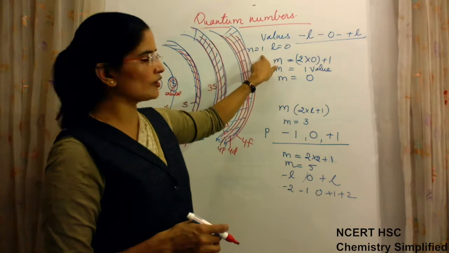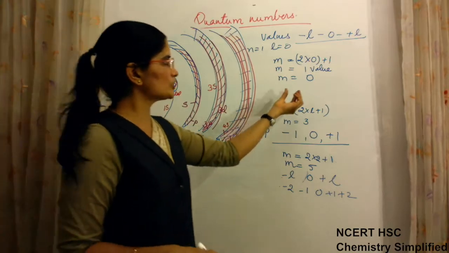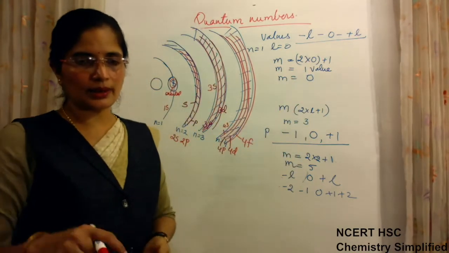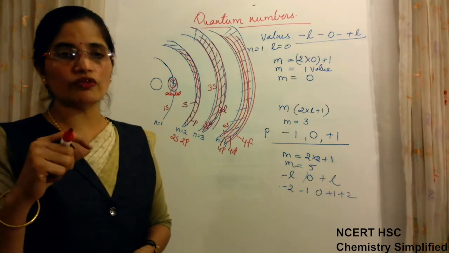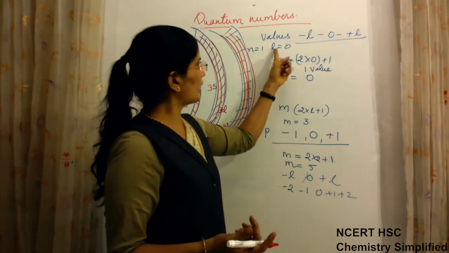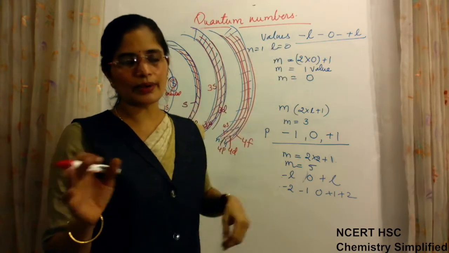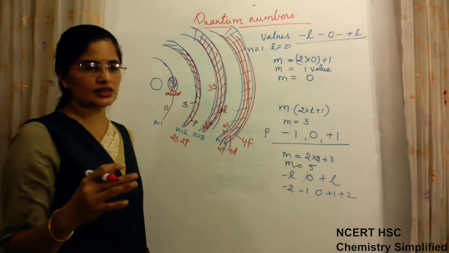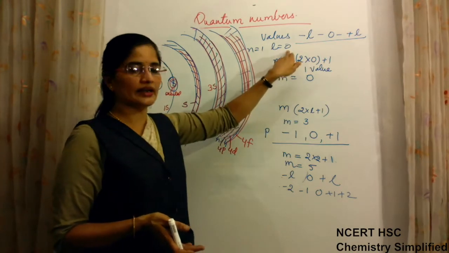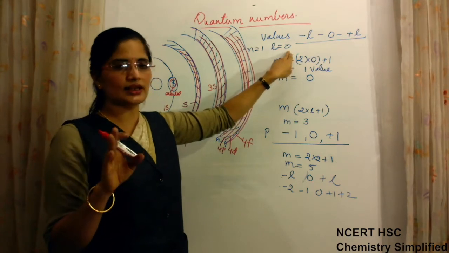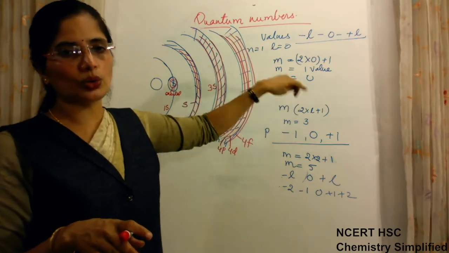That means the first shell has one subshell and one orbital, and that one orbital is designated as 0. This is actually not a number, don't be confused with a number. We are writing 0, and 0 has no value, but here that 0 corresponds to one direction. Here l equal to 0 corresponds to one alphabet, that alphabet is s. So don't compare it with a number, otherwise you will have confusion that 0 means no value while we are saying 0 is 1, that means having 1. So 0 here indicates one subshell, that is s. And 0 here indicates one direction, because m tells us about orientation.